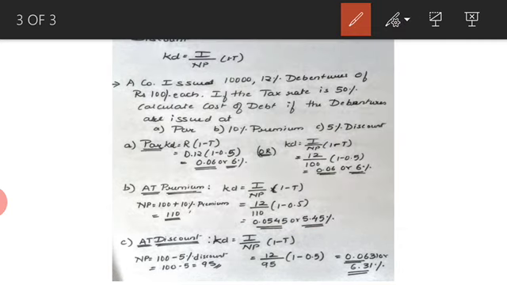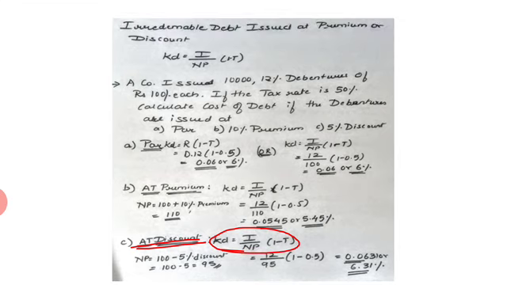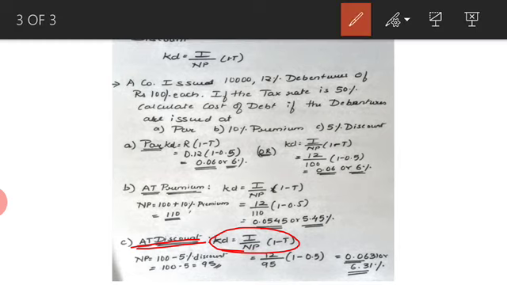Okay, next is discount. Discount means less than the face value. We have already studied that. So less than the face value means the formula again remains the same. KD is equal to I divided by NP into 1 minus T. So I also again remains constant, because I is always calculated on the face value. So what is I? It is 12% of 100 rupees. So 12% of 100 rupees is again 12 rupees. So I remains 12 rupees